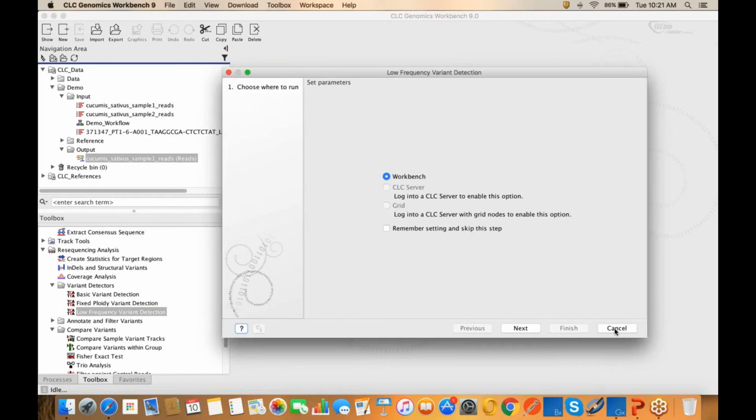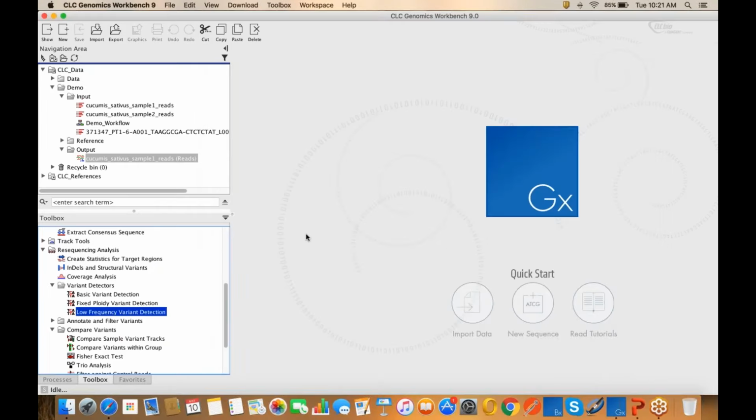I'm not going to run this individual tool right now because, as I said before, NGS data analysis most of the time has a series of steps. For example, you have all the pre-processing steps, you have read mapping, you have variant detection. So it is a workflow. And what I want to focus on now is building workflows. So for example, to analyze my two cucumber lines, if I were to run individual tools, I would have to run one tool after the other manually for each sample or for each line. But I do not want to do that,